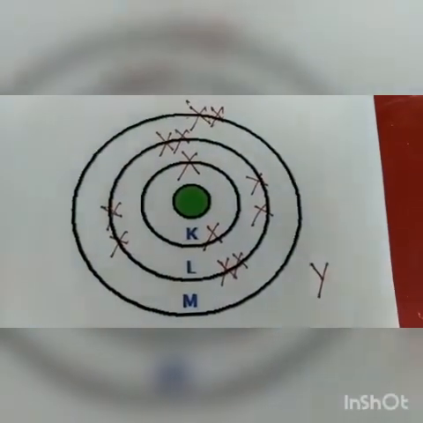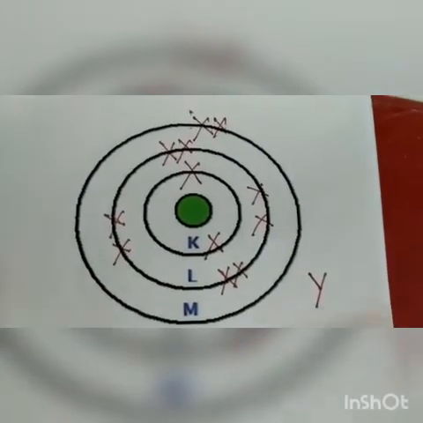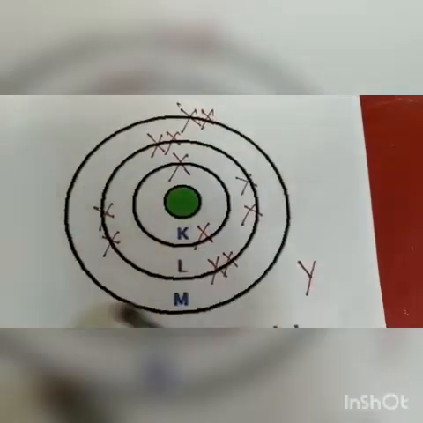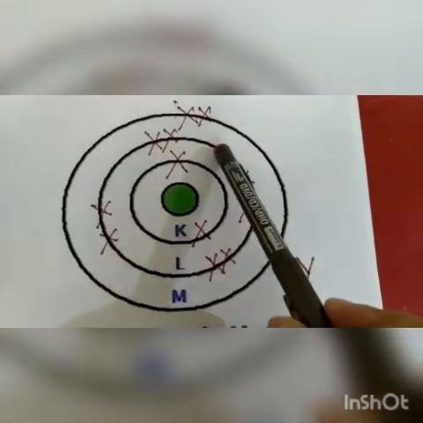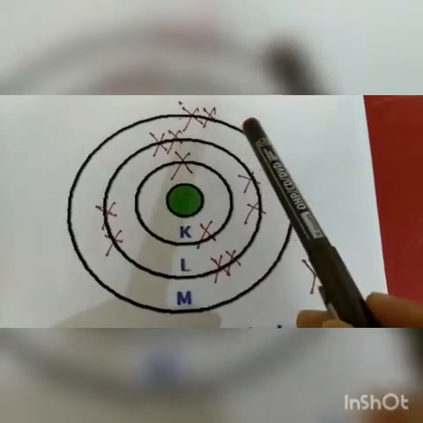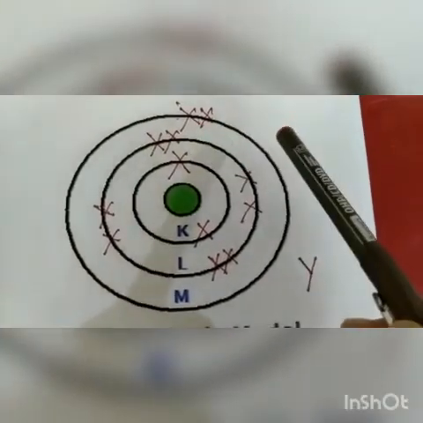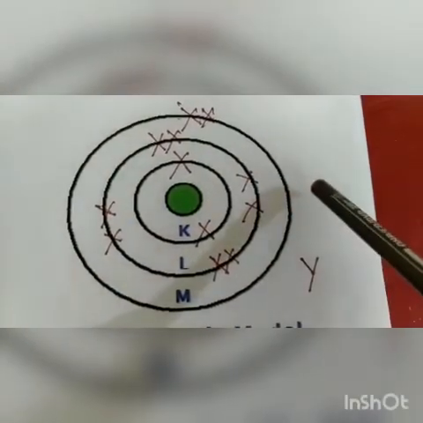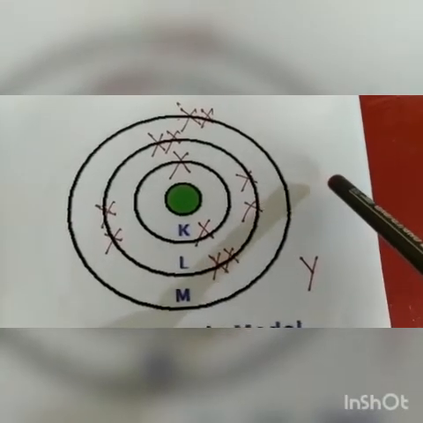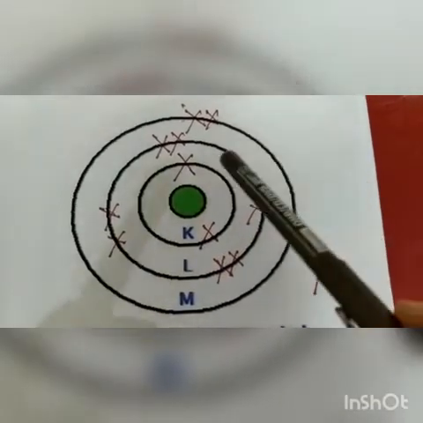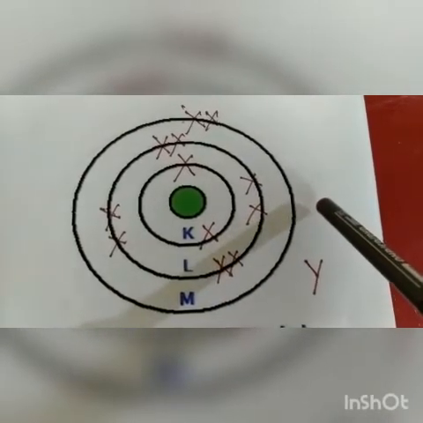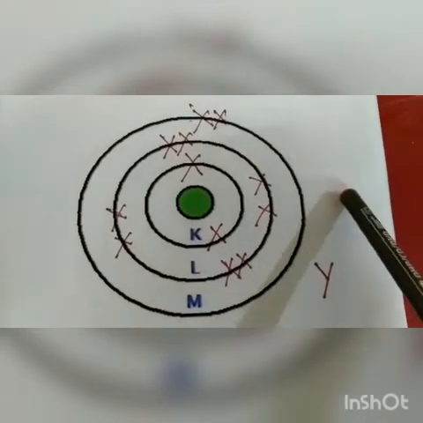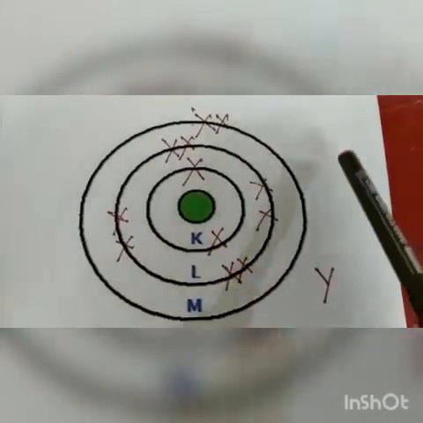But students, again, the atom is unstable because in the last shell there should be 8 electrons, but here there are 2 electrons. So the octet is not complete, because according to the formula 2n squared, there should be 18 electrons, but I told you that we take 8 electrons. Why? That you will study in class 11. But this atom is unstable because it has 2 electrons and there should be 8. So there are 2 possibilities. Either the atom will gain 6 electrons or it will lose 2 electrons.